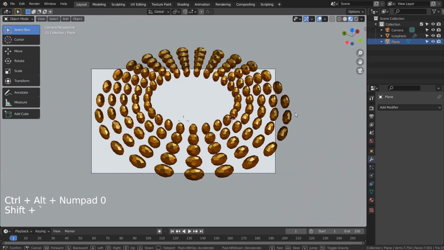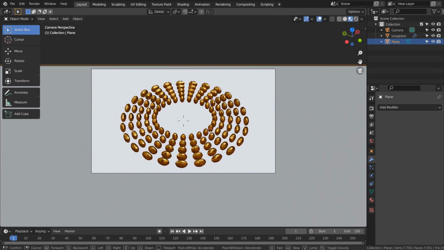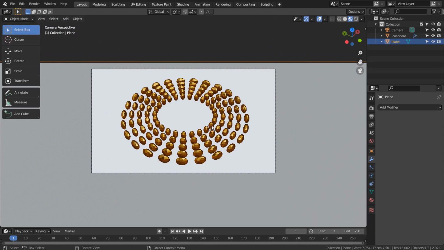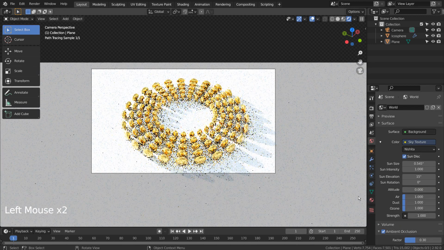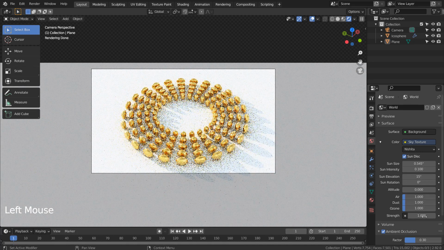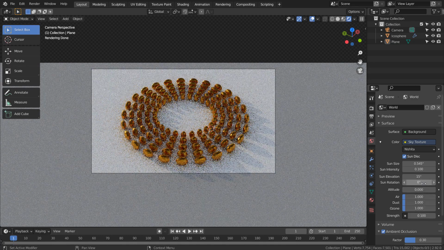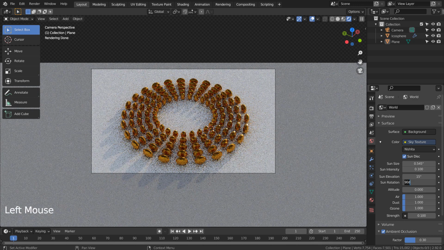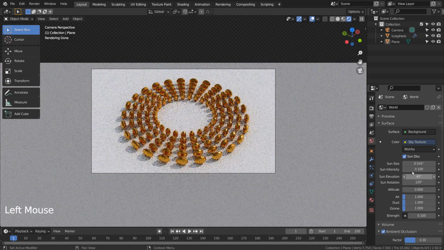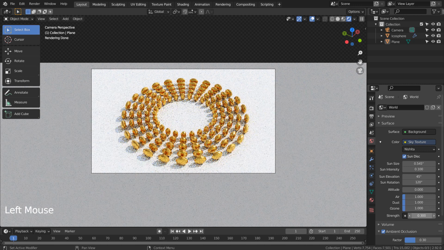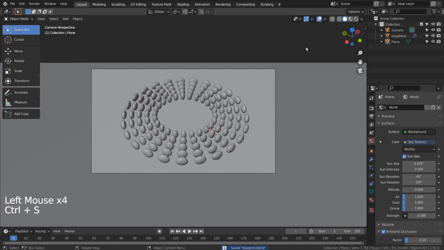Let's set up the render scene. I'll use the sky texture. Let's turn off Use Nodes under Compositing.